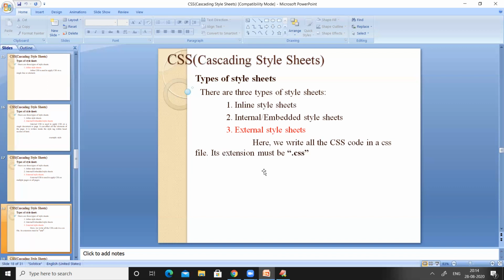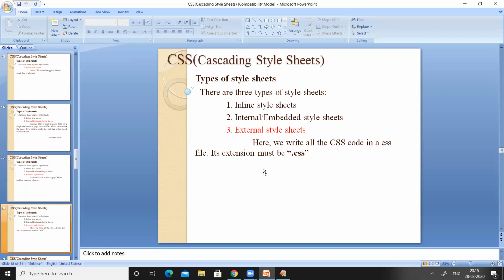Here, we are going to write some CSS code in a separate document, and we are going to save that document with any name, but the extension should be .css.